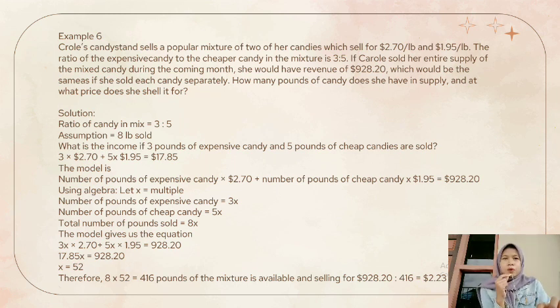Let x equal the multiple. Number of pounds of expensive candy equals 3x and number of pounds of cheap candy is 5x. Total number of pounds sold equals 8x. The model gives us the equation 3x times 2.7 plus 5x times 1.95 equals 928.20, and 17.85x equals